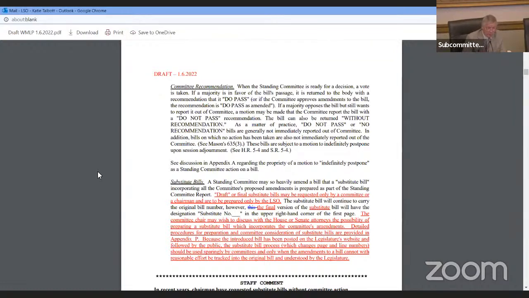But it doesn't say when exactly the bill will be reported to the front desk. And so this puts in what the practice has been. And it's just generally they're not reported. And the difference that makes, Mr. Chairman,